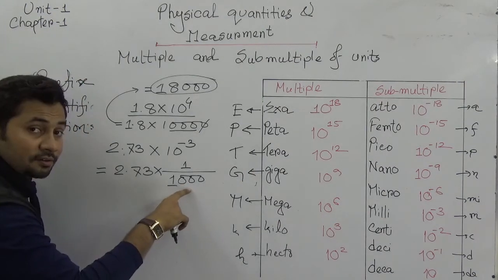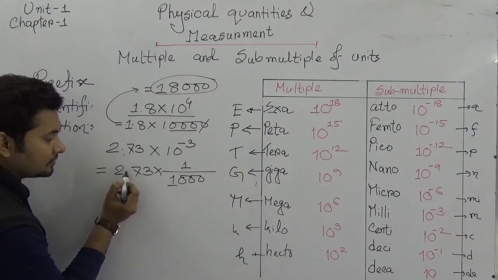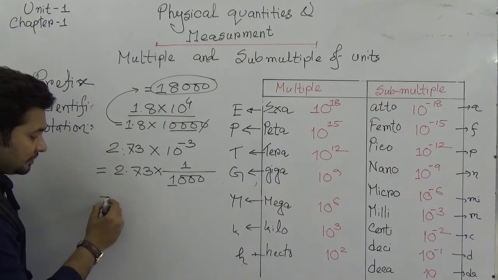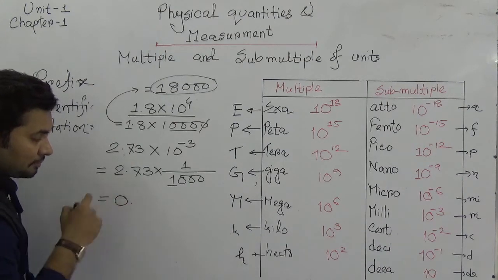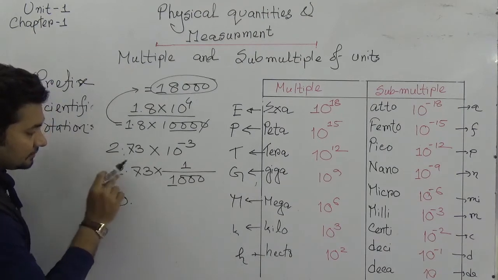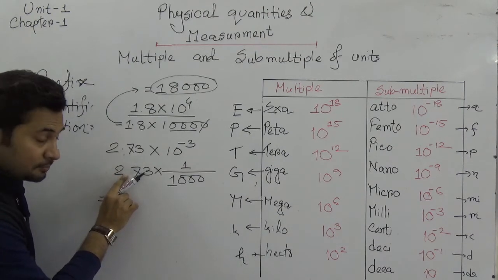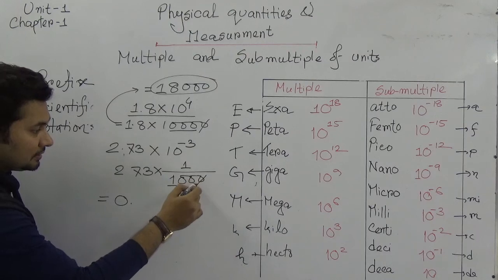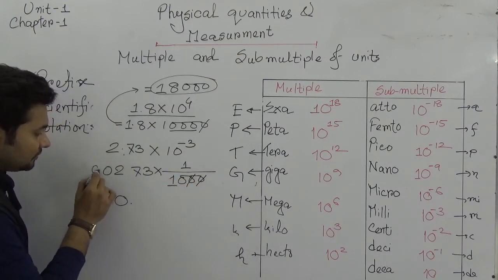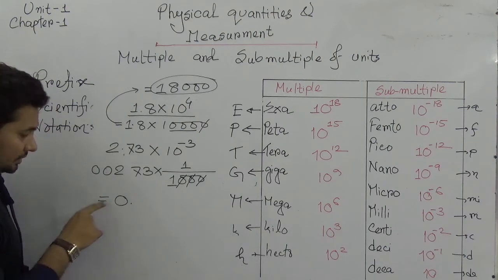If we count the decimal point to the left, suppose I eliminate this point, 1 digit ahead 10, 2 digits ahead 20, 3 digits ahead 30, it will be